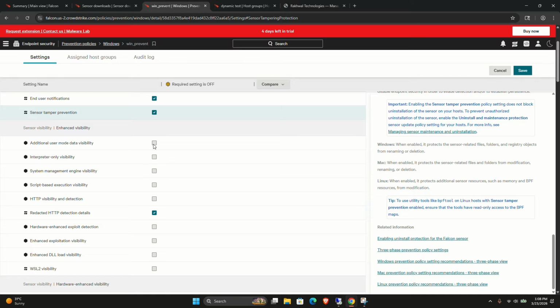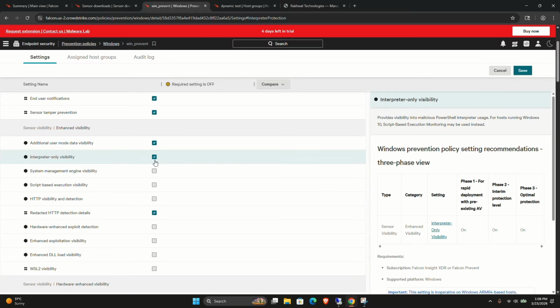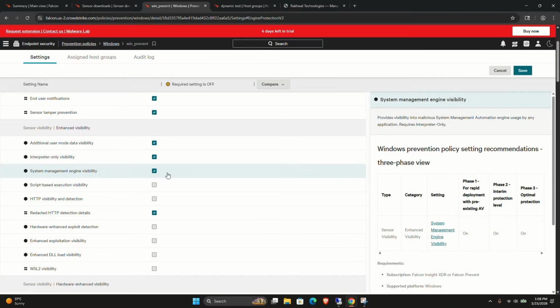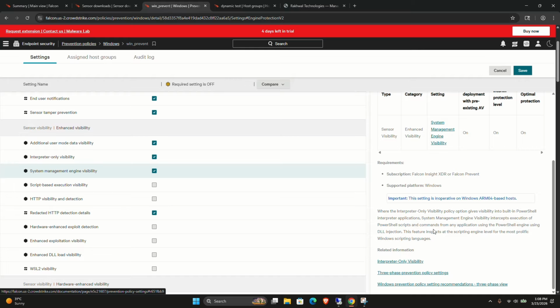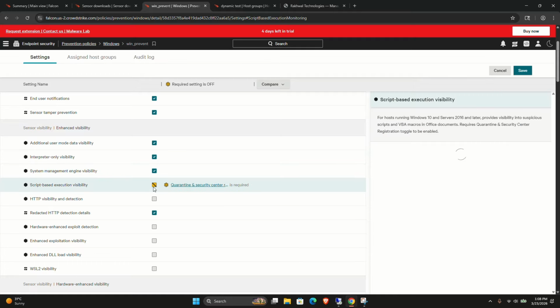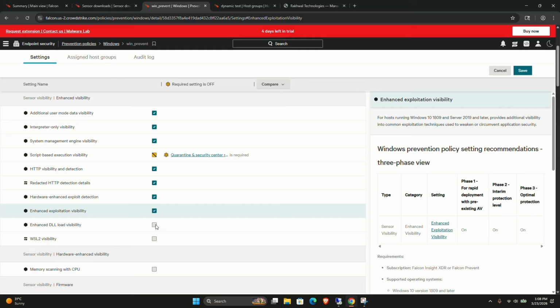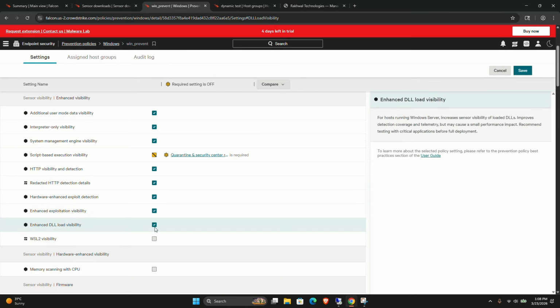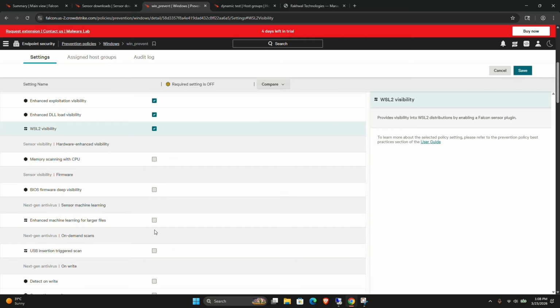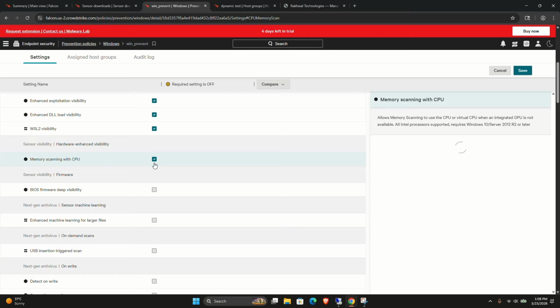Then there is additional user mode visibility. There are multiple settings like interpreter-only visibility, and there are definitions on the right hand side; you can also read those. Since we have limited time, I just want to select all of them. Hardware enhanced exploit detection is available only for Intel; there is no support for AMD. Then the DLL load, which is a major attack vector, then WSL2, memory scanning,